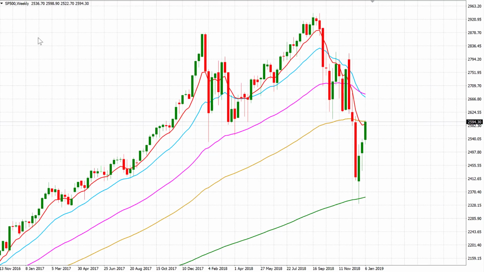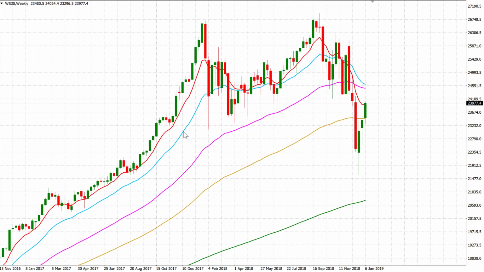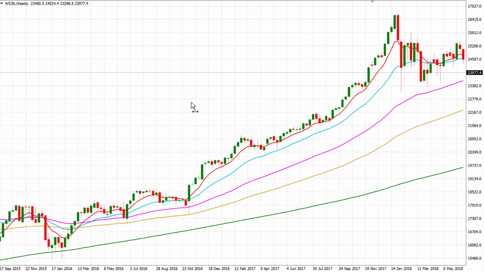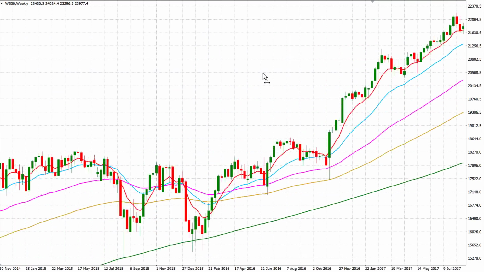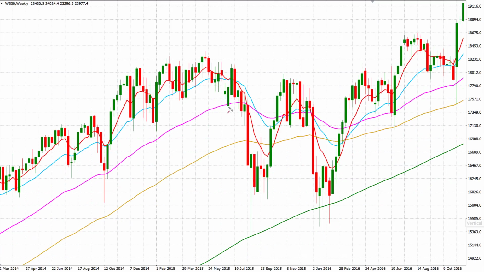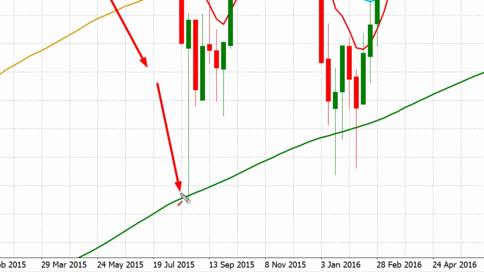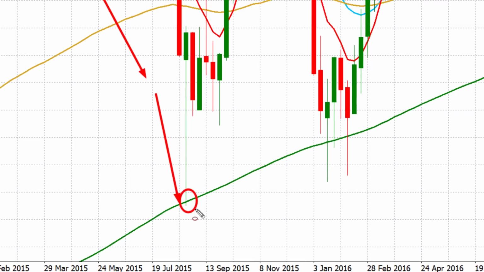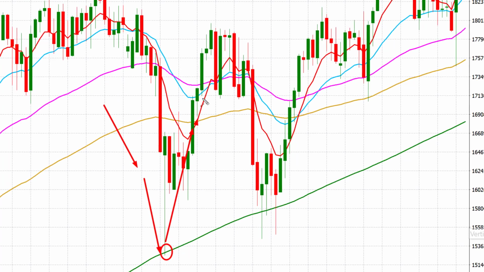Let me show another example. This is the chart, for example, here of the Dow. So let's go and look at the chart of the Dow. And if I just draw this back for you, let's go back to the year 2015. Now, here's something very important. Notice that in that year, in 2015, the Dow also had a massive drop. Okay, and look at that candle wick. Look at the bottom of that candle wick. It held the 200 weekly average beautifully and bounced off that level, had a massive rally, as you can see there,